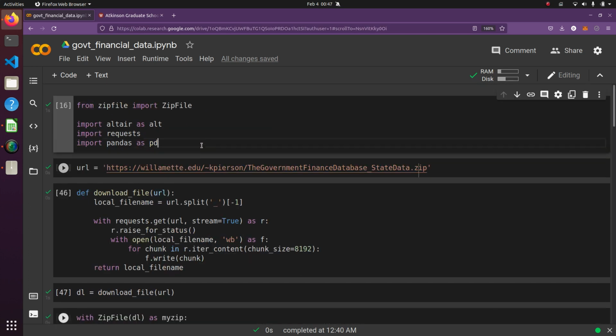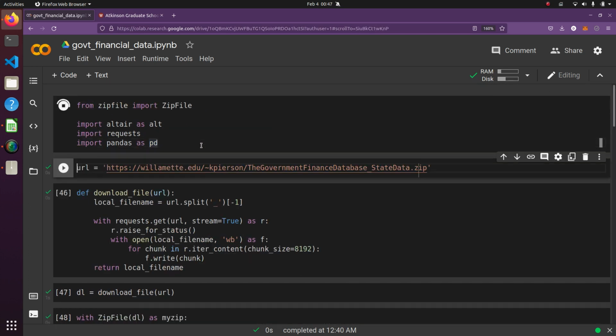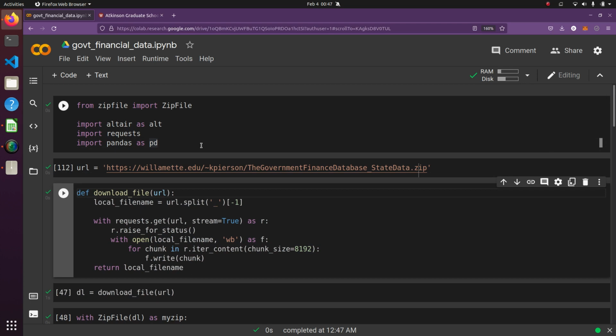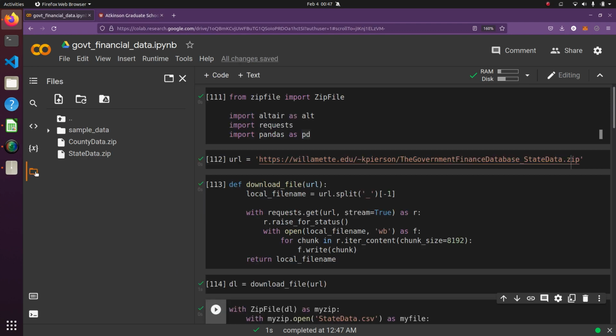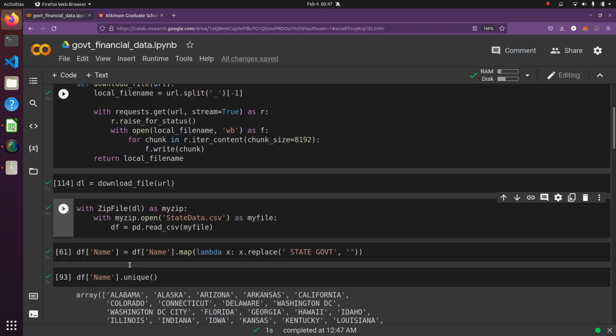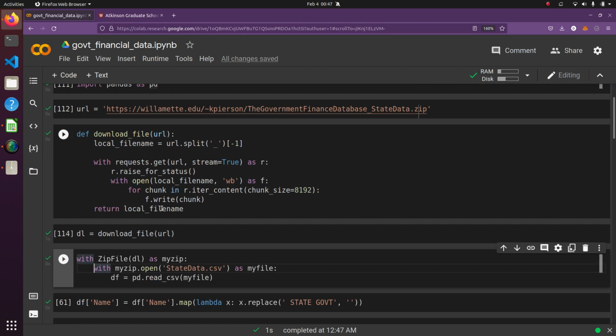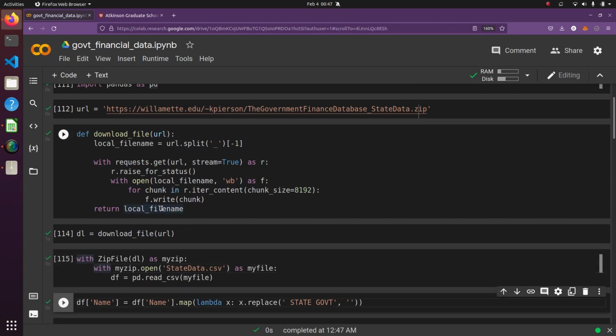So let's just do all this together. So load up those libraries, that's the URL. Create the function, and then we download the file, and that just takes a minute. And we're on Google Colab here, and you can see the file ends up showing up, and you can see I downloaded the county data elsewhere, but the state data shows up there. And then this is the context manager that loads it up into the data frame,